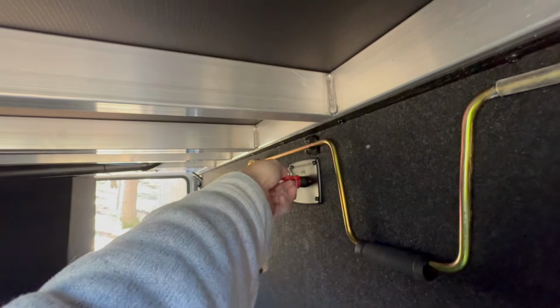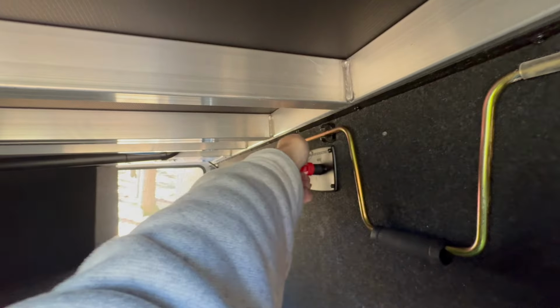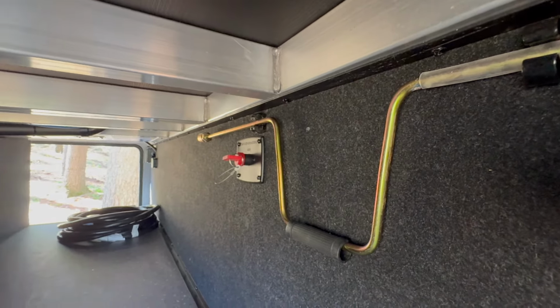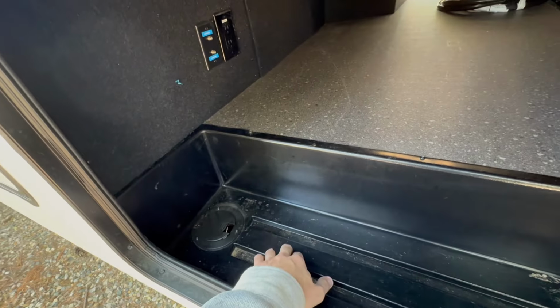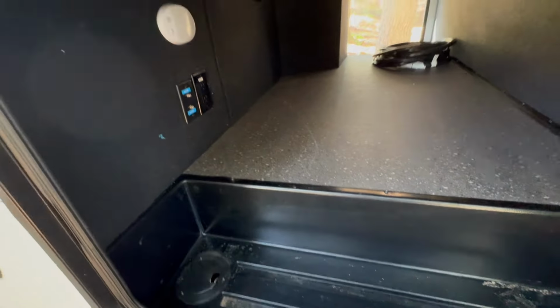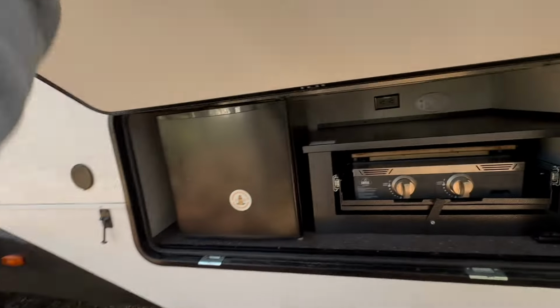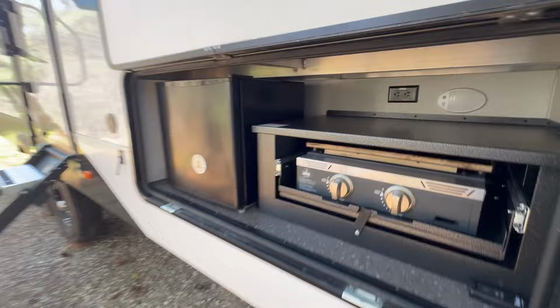You've got an auto disconnect for your battery here, which is really nice. Probably going to kick out and make noise inside. And then you got a backup crank arm for your stabilizing jacks, and another one of these storage areas where you can snake your lines through with a motion sensing light. Now if we go to this area for the outdoor kitchen,